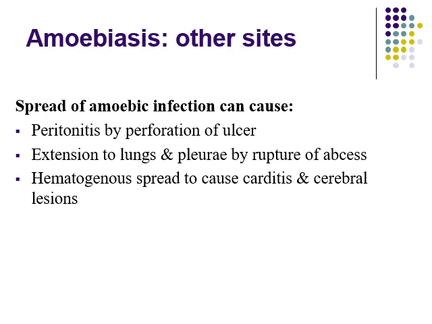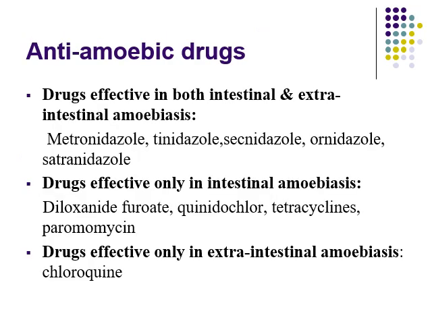The trophozoites invade the blood vessels, and via these blood vessels they can spread to the heart and other organs like the brain. So any organ in the body can be affected by Entamoeba histolytica.